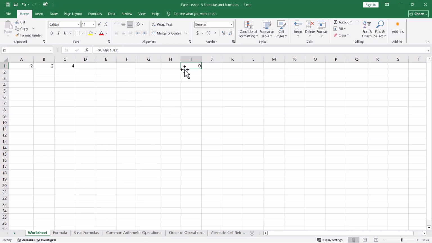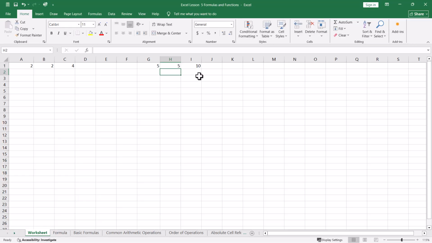Notice that the formula is now G1 to H1. Notice the specific pattern. This is G1 and H1. They're juxtaposed right here, together, side by side. The same here: this pattern, A1, B1, they're side by side. G1, H1, they're side by side, giving me the result here. Let's say 5, 5